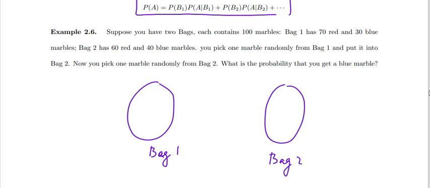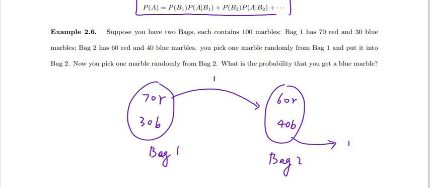For bag 1, we have 70 red ones and 30 blue ones. For this bag 2, we have 60 red ones, 40 blue ones. Okay, so now suppose you pick 1 marble from bag 1, then put it here, then